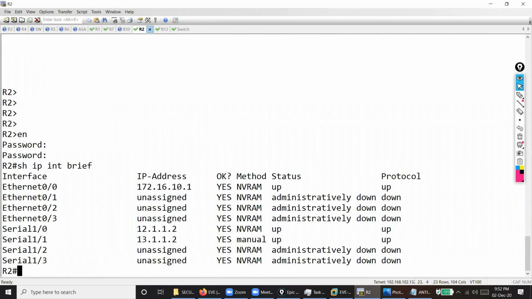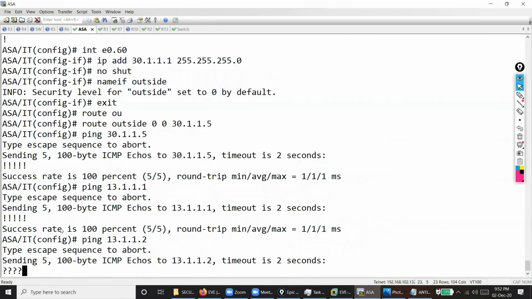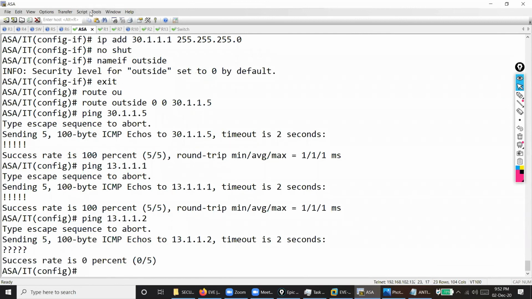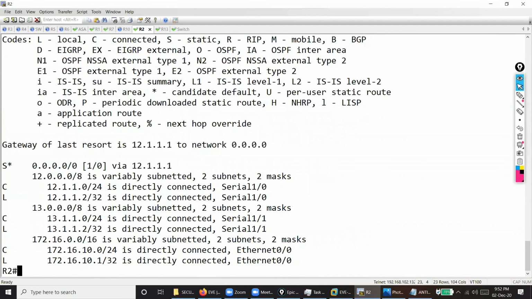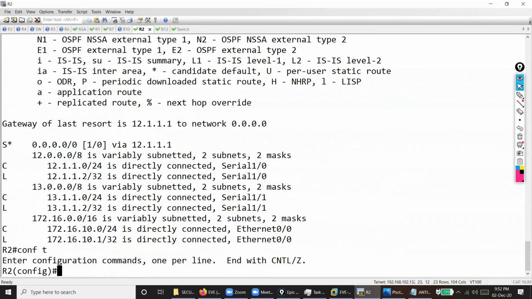Now there is a problem here. It is having 13 network, but it's not pinging. Why? Because R2 is having a default route pointing towards 12. You cannot have two routes. Okay. We are just connected to the same ISP actually. So we'll do one thing. We'll put a static route. You cannot have two default routes. You can have two default routes with different AD. Simple. We will do